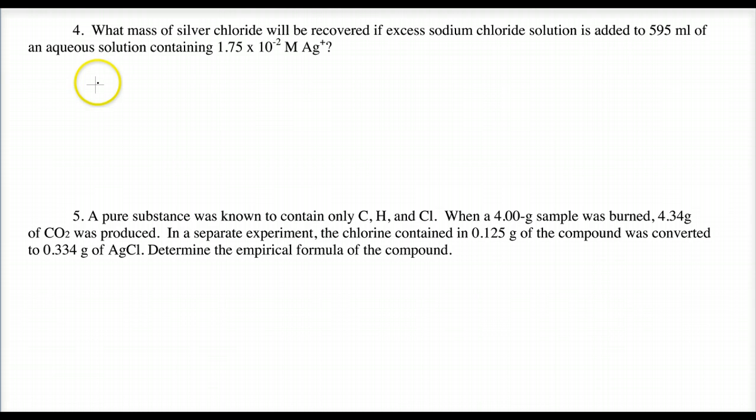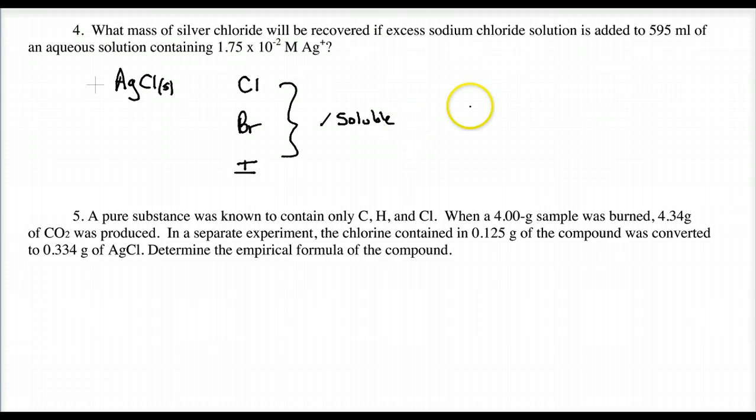Okay, what mass of silver chloride will be recovered? Silver chloride is a classic precipitate based on an important solubility rule. Chloride, and all halogens except for fluorine, so chloride, bromide, and iodide, are all very soluble. Now, what does that mean, soluble? That means if an ionic compound, for instance sodium chloride, is dissolved in water or placed in water's presence,